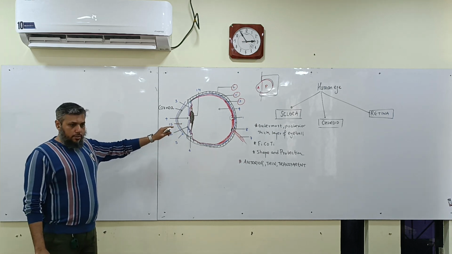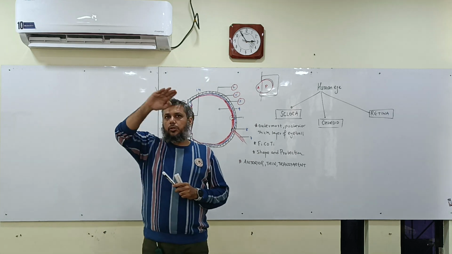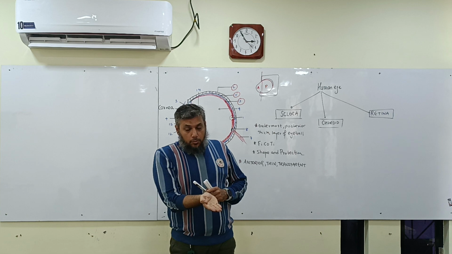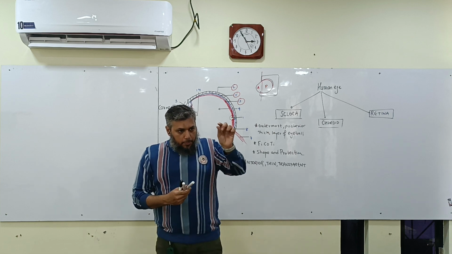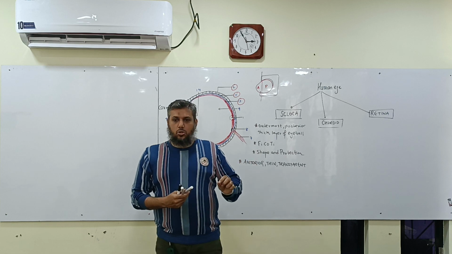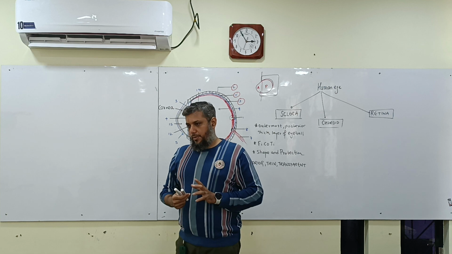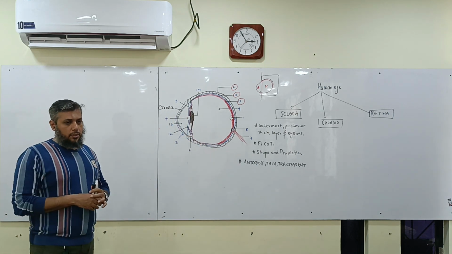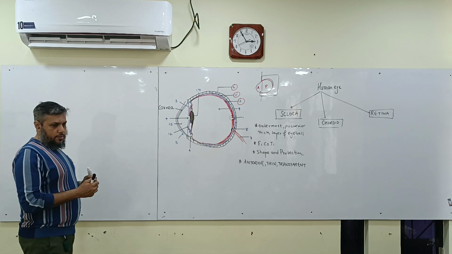Did you understand? So this part, the posterior part, what will you call it? Name it. Sclera. And the anterior part will be called the cornea. How is the cornea? Thin and transparent. The main function of the cornea is